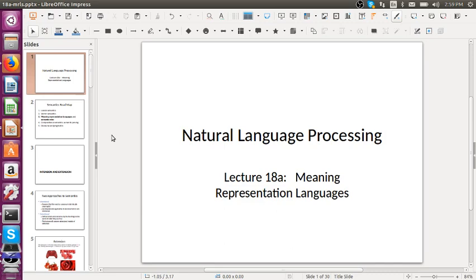We'd also like unambiguous representations. Take the sentence, let's eat somewhere near campus. Most people are going to interpret that as, let's find a restaurant that's near campus and we'll go and eat there. But for those of you in the audience who are Godzilla, I don't think we have Godzilla in the class, I think they're in section B, but Godzilla may view this sentence in a completely different way,